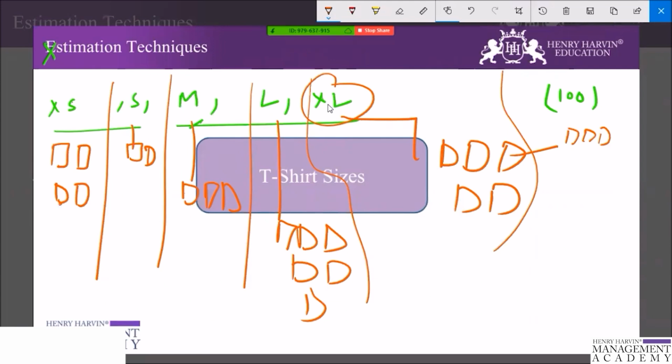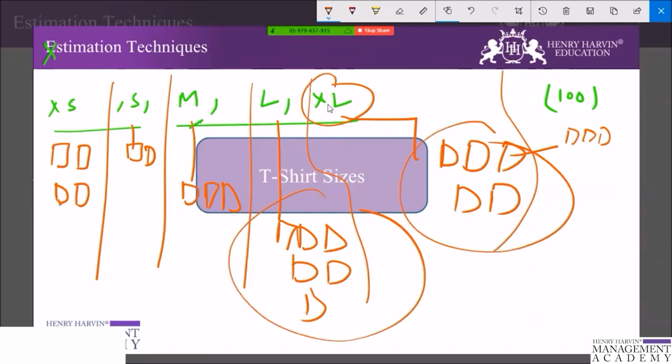So that will give a good idea of the overall backlog, how many big stories are in the backlog, how many small stories, or how many medium stories are in the backlog, and similarly small and extra small. It's a very simple and very good technique to categorize the backlog into small, medium, large, and extra large sizes. But the disadvantage of this particular